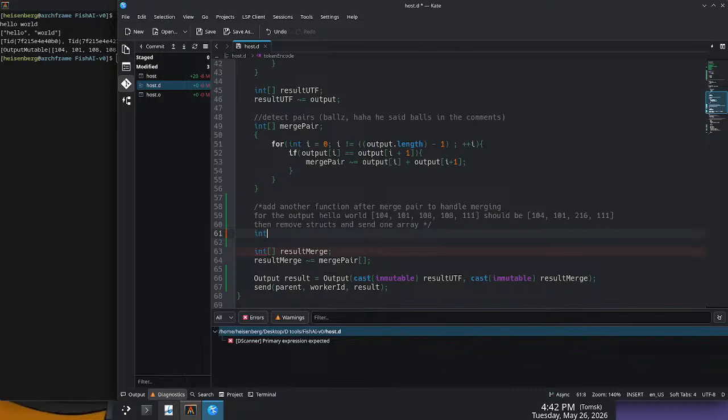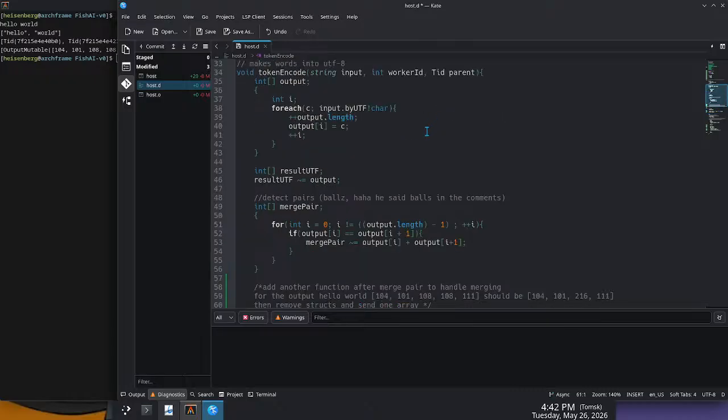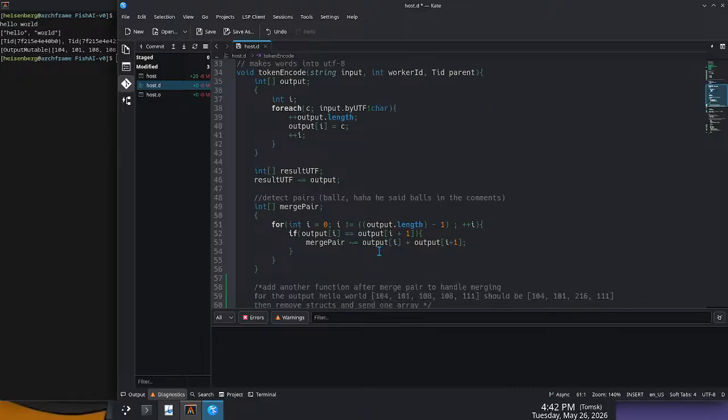is. What we need to do is take the merge pair output, like the merge pair, and we need to remove it. Or actually, that could just be an adjustment to that entire code. So if it finds 2 of the same, just replace the original output with the merge pair. So if it finds 2 of the same, if output I and they both equal that, then it needs to put,